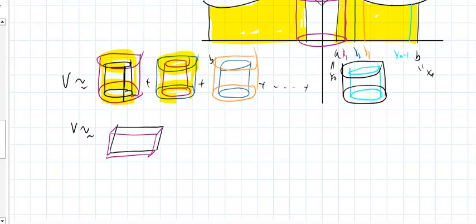Plus, then you're going to have another rectangle. And the list goes on. And the last piece is going to have